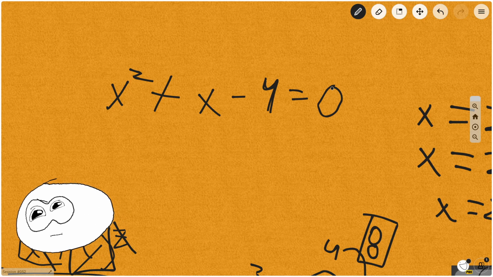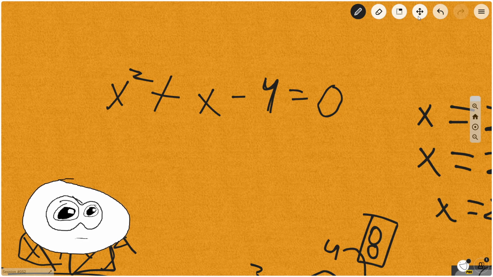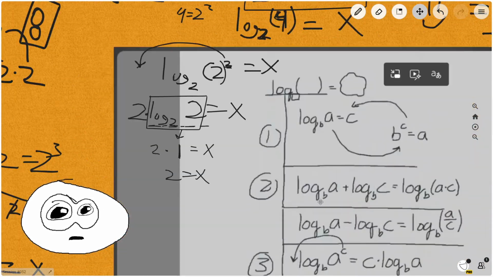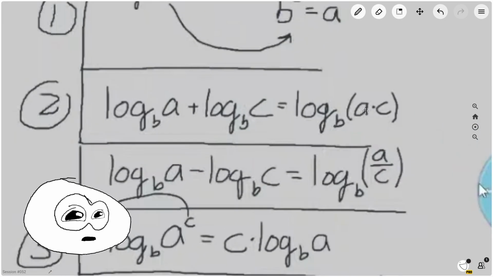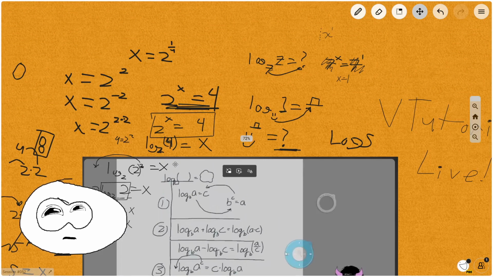You would get something like this sometimes, because when you end up reducing everything and you go through some of these principles, you might end up like that, especially with this one, where if you have two logs that are added to each other, then they're actually being multiplied to each other. Say, for example, if you have, let's see,